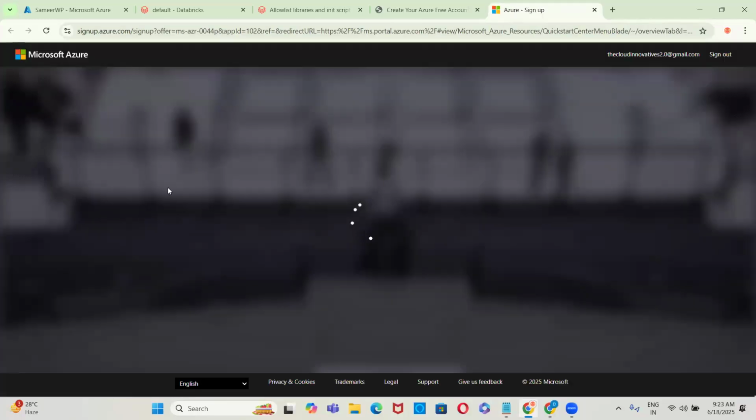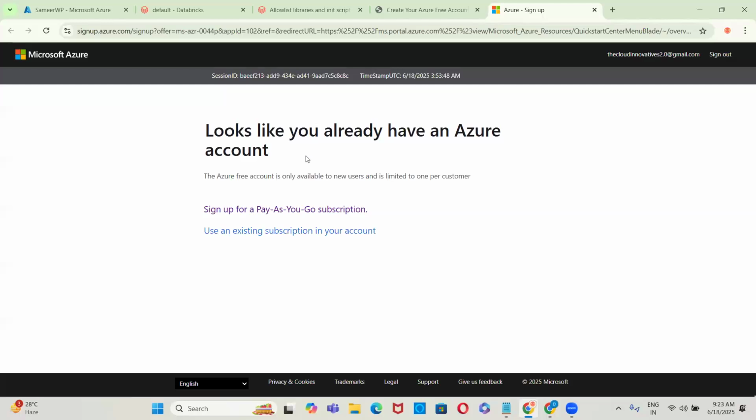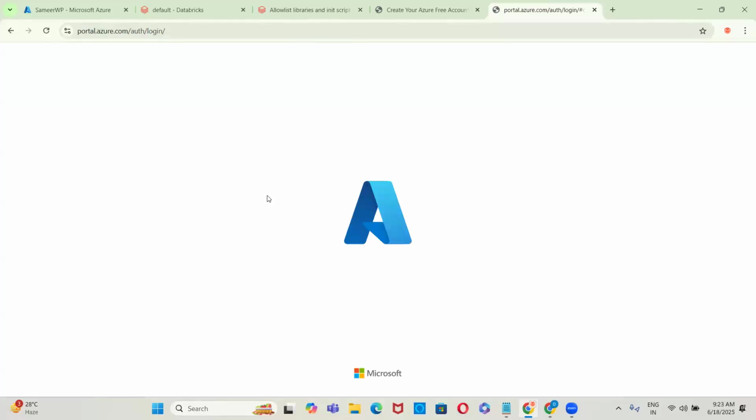Now it will ask you for your mail ID, etc., but mine is already registered, so it will drive me back to the same. You can see here, it says looks like you already have a free subscription, go to the subscription. So directly it's rerouting back.